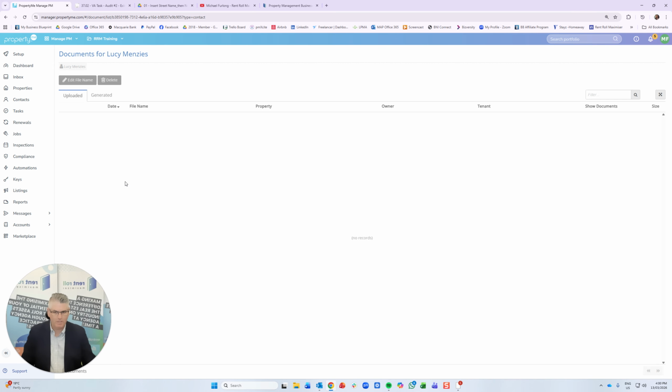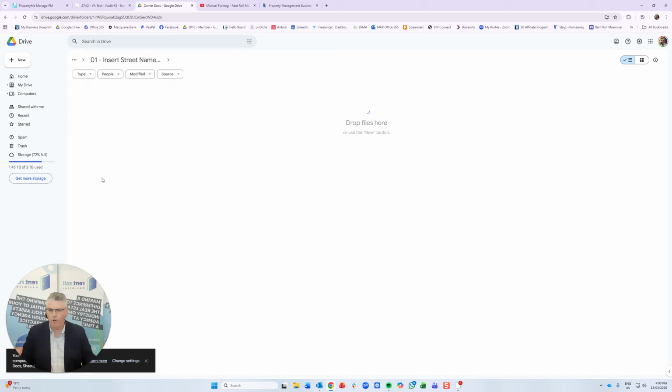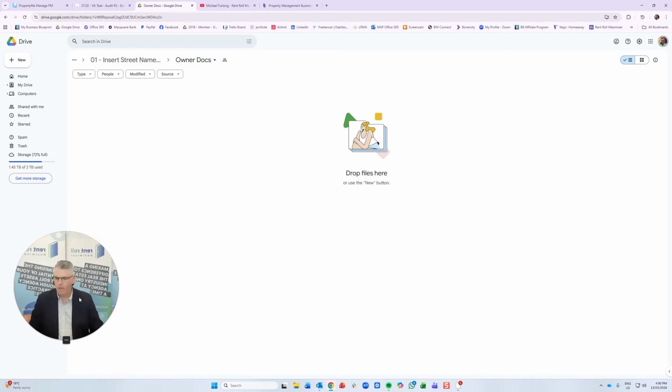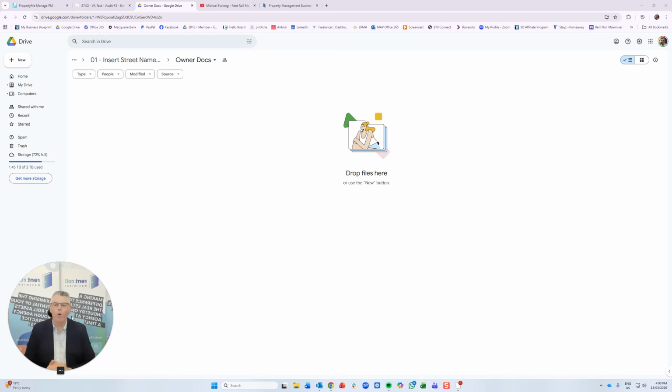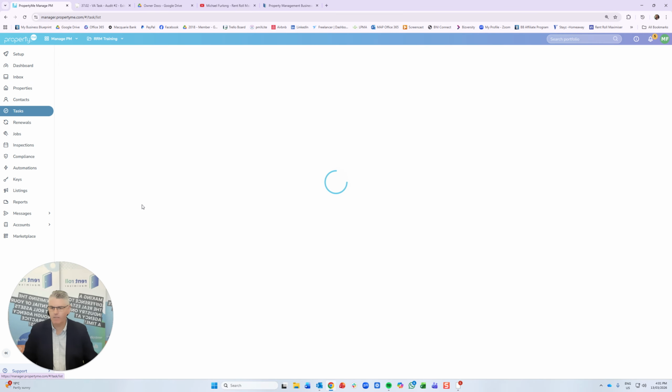And whatever documents would be sitting inside of here, we would download those documents into the Google folder, which would be here, download them into the owner section there. And so you're dumping all of the documents straight into the owner section and auditing from within the Google Drive. That's the objective. So if I move back to the task,